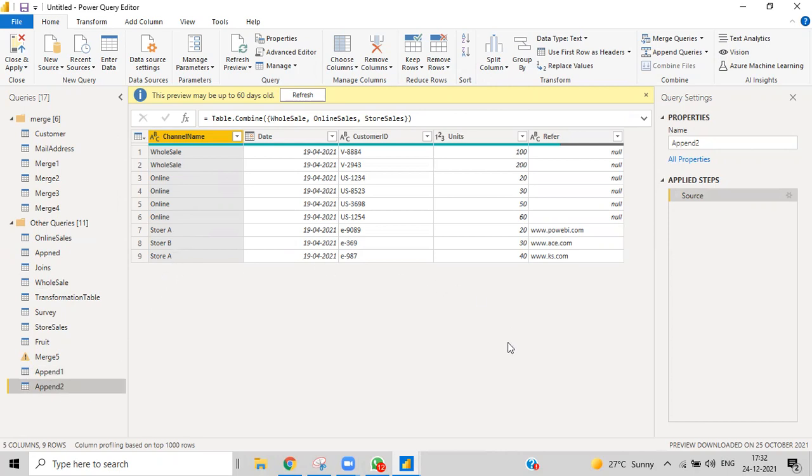But you can see we have a new column in this particular store sales. Whenever I add them, for the other rows which don't have that column, we get null values. We'll get only null values whenever we don't have the values. That's regarding the append.